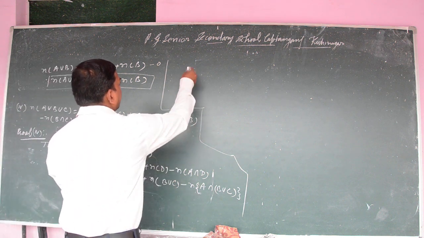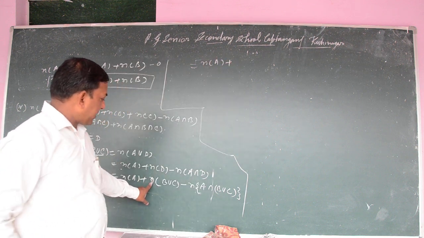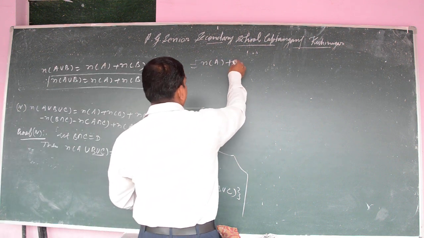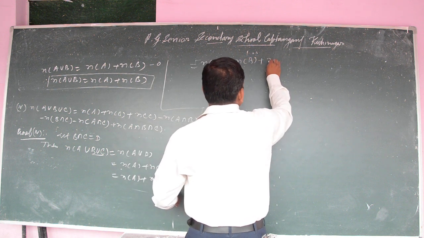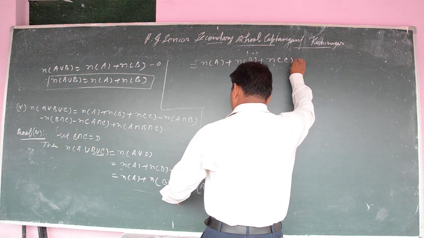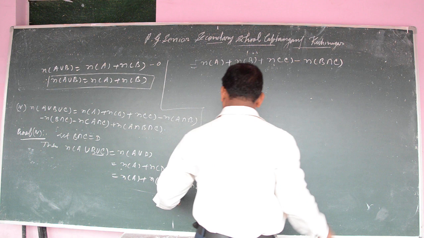Cardinal number of A equals cardinal number of A plus cardinal number of B union C. Again using the second formula, cardinal number of B plus cardinal number of C minus cardinal number of B intersection C,